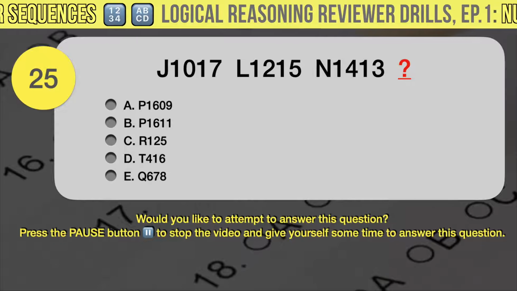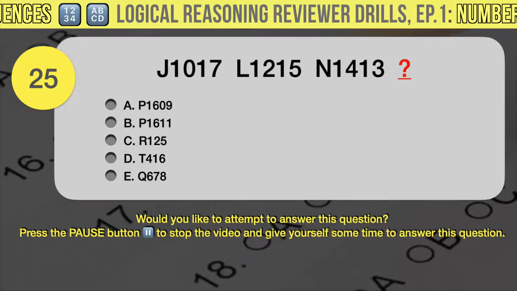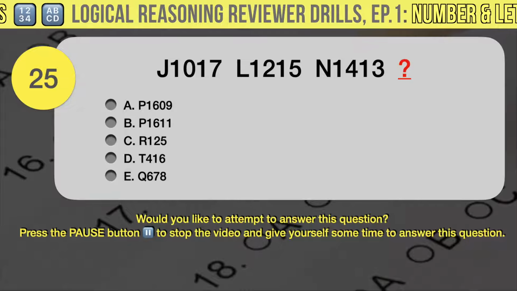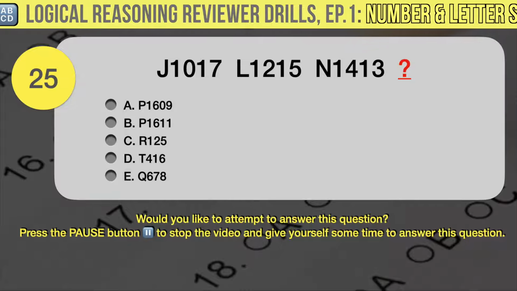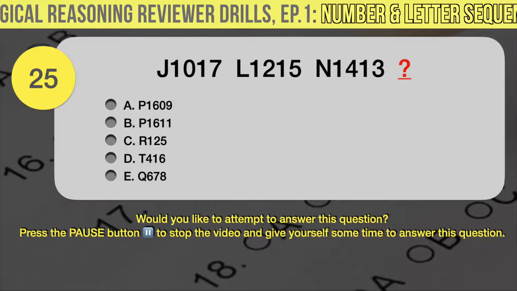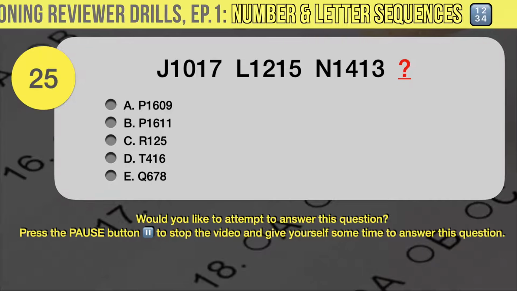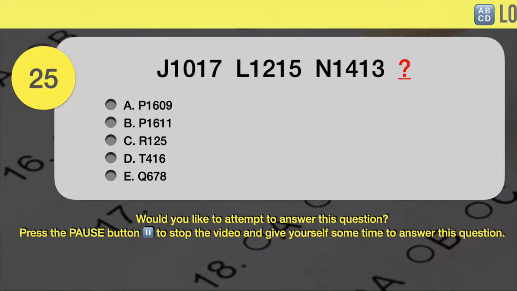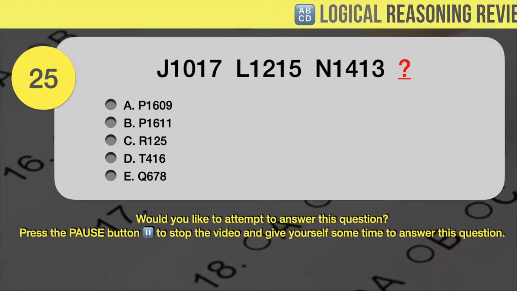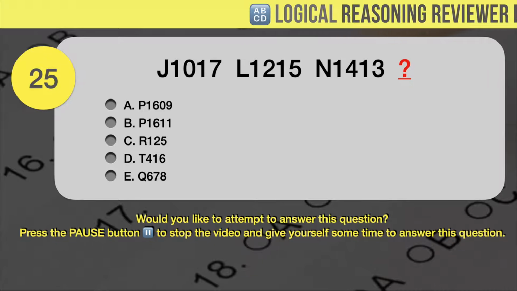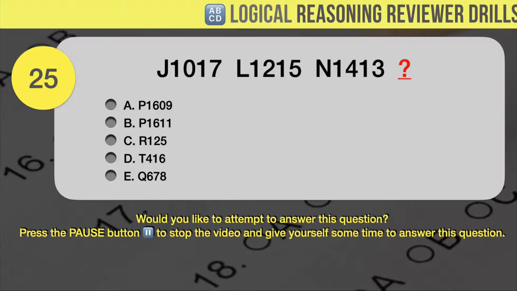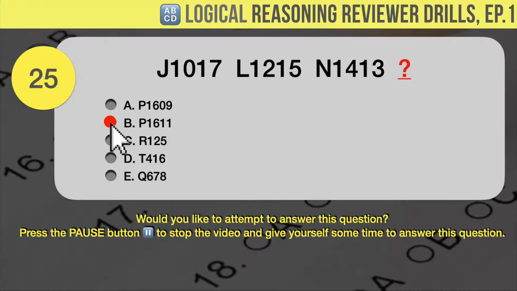Drill question number 25. Which letter and number pair comes next in the following sequence? J1017, L1215, N1413. Your answer choices are A, P1609, B, P1611, C, R125, D, T416, E, Q678. The correct answer is B,